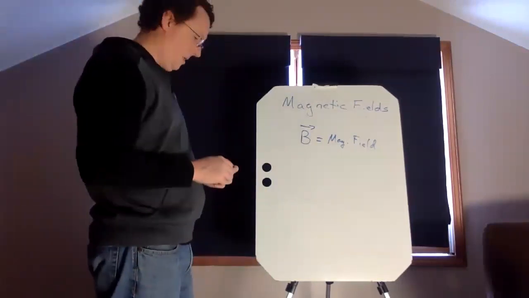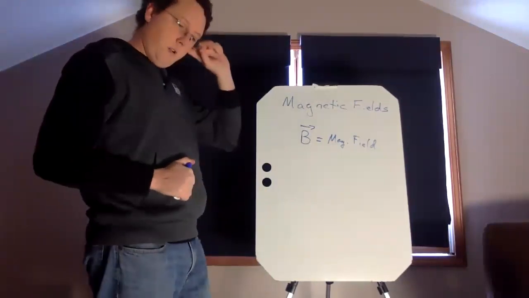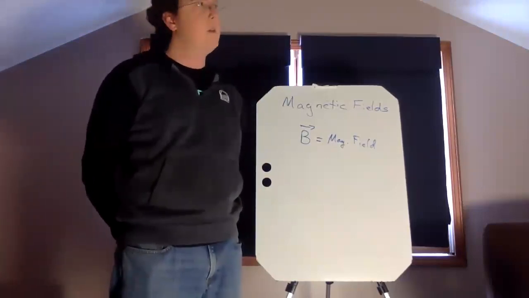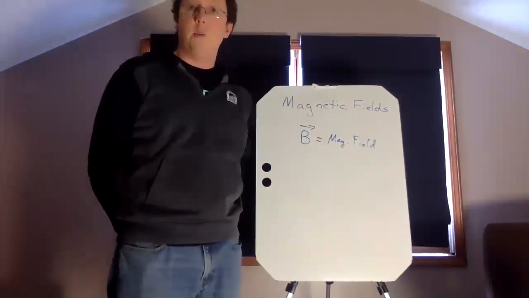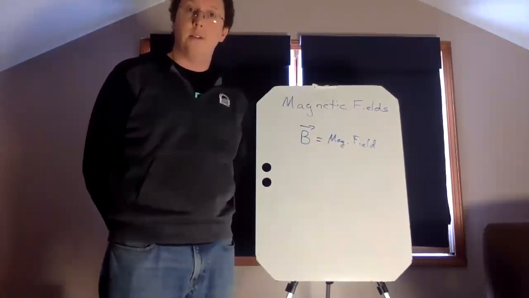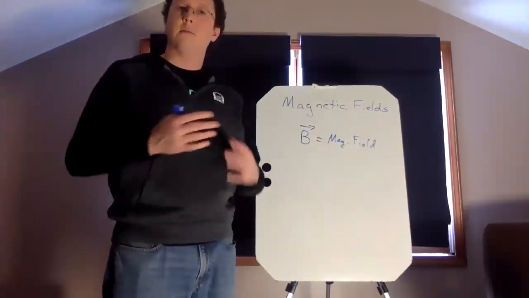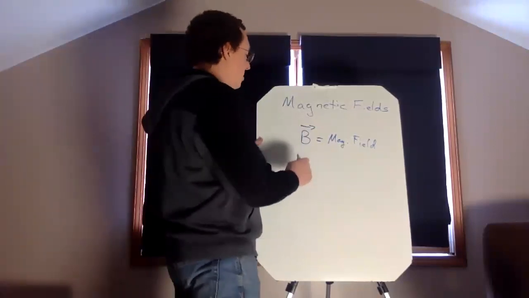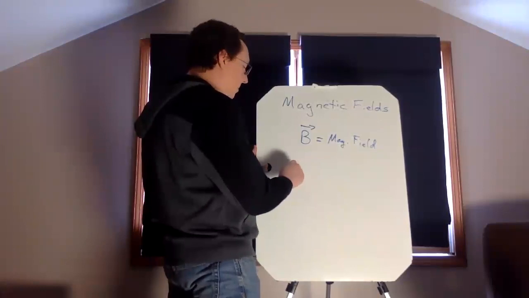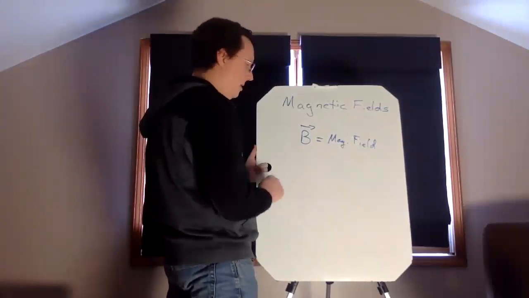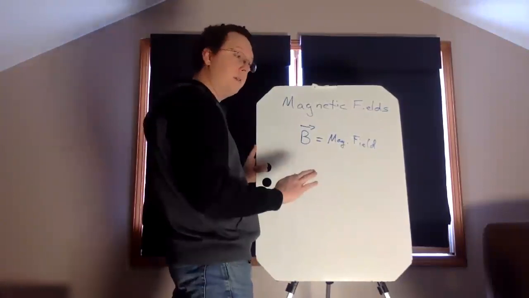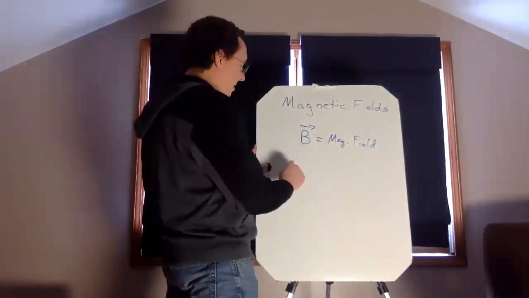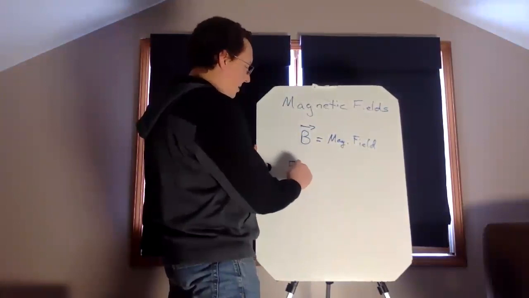Okay, so we had an electric field. How do we figure out the units on an electric field? Well, the way we did it was we went back to the force law, and that allowed us to relate the electric field to newtons and things. Well, we're going to do the same thing here. It turns out that I'm just going to claim this without proof, and then we'll work out what its implications are. That the magnetic force